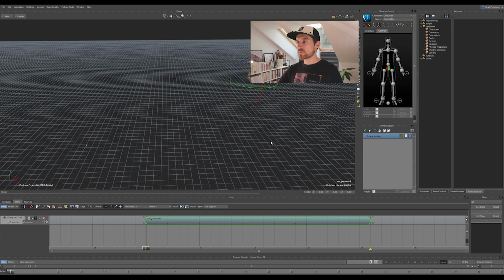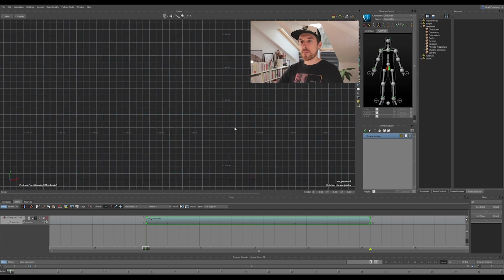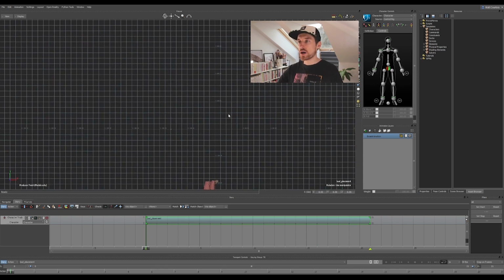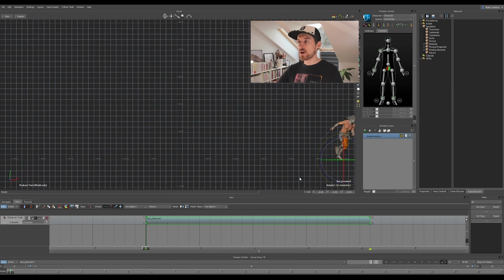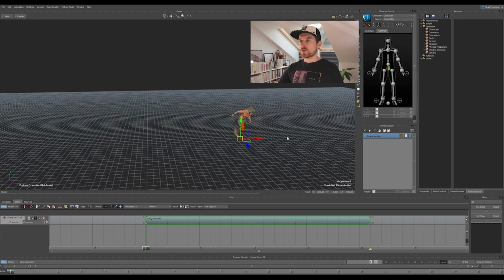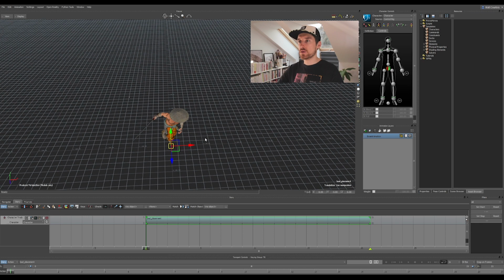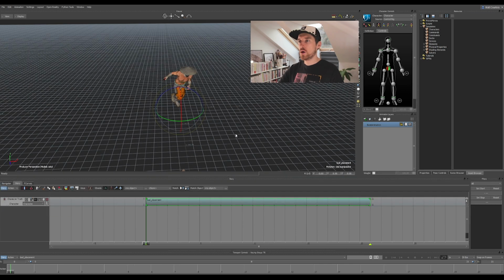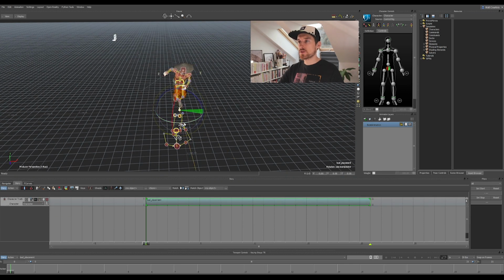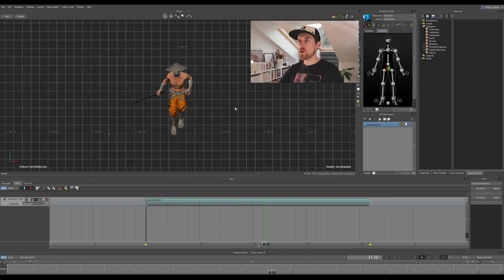So to make sure I'm following the forward axis, I'm just going to go to the front camera over here. The first thing I want to do is place it on the center of the scene. So if I select the clip, I just have to input 0, 0 everywhere, and then you will see that we're back at the center. And then I will just rotate it so that it's facing the forward axis.